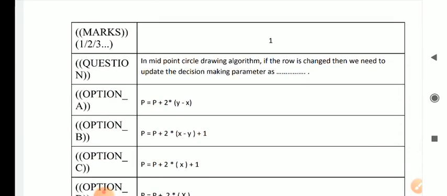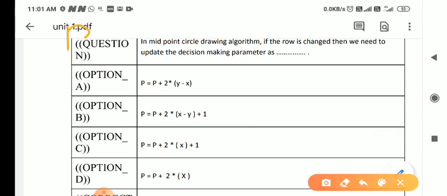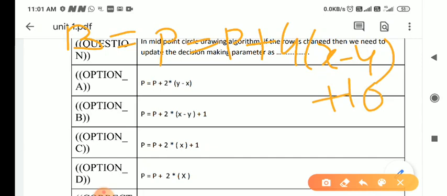In the midpoint circle drawing algorithm, if the row is changed, then we need to update the decision making parameter. So what is the decision parameter for midpoint? For Bresenham's circle drawing, what is the decision parameter? For Bresenham, it is p equals p plus 4 x minus y plus 10. Okay, so for midpoint we make it half, that is p equals p plus half of